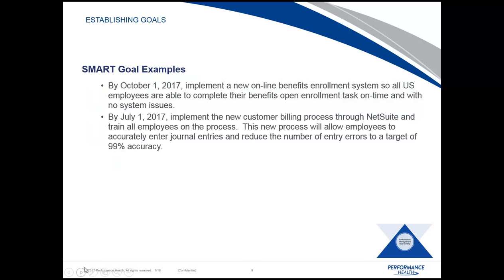So let's look at a few SMART goal examples. By October 1st, 2017, implement a new online benefits enrollment system so all U.S. employees are able to complete their benefits open enrollment tasks on time and with no system issues. This particular goal would be tied to our digital innovation corporate goal, as it's fostering digital innovation through an online